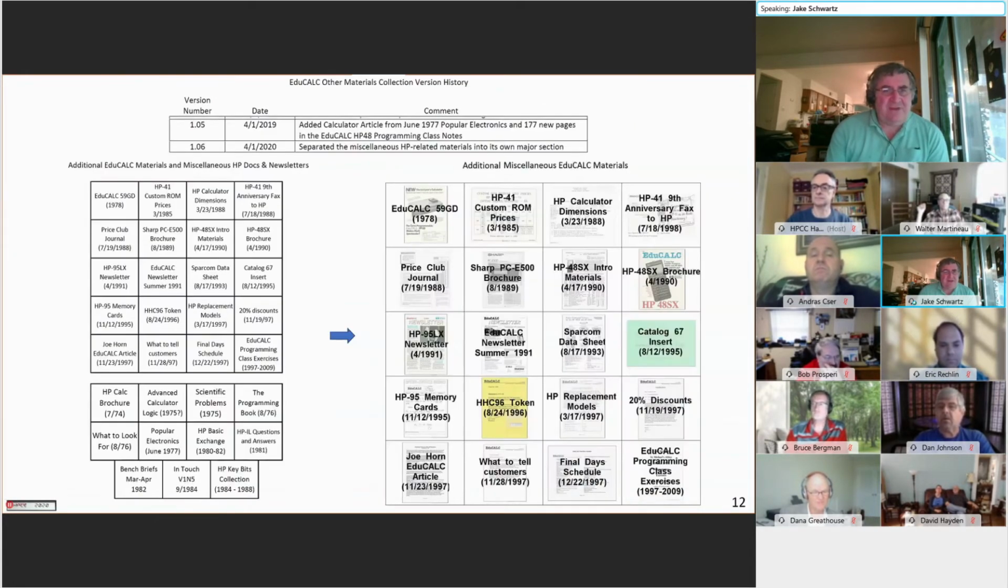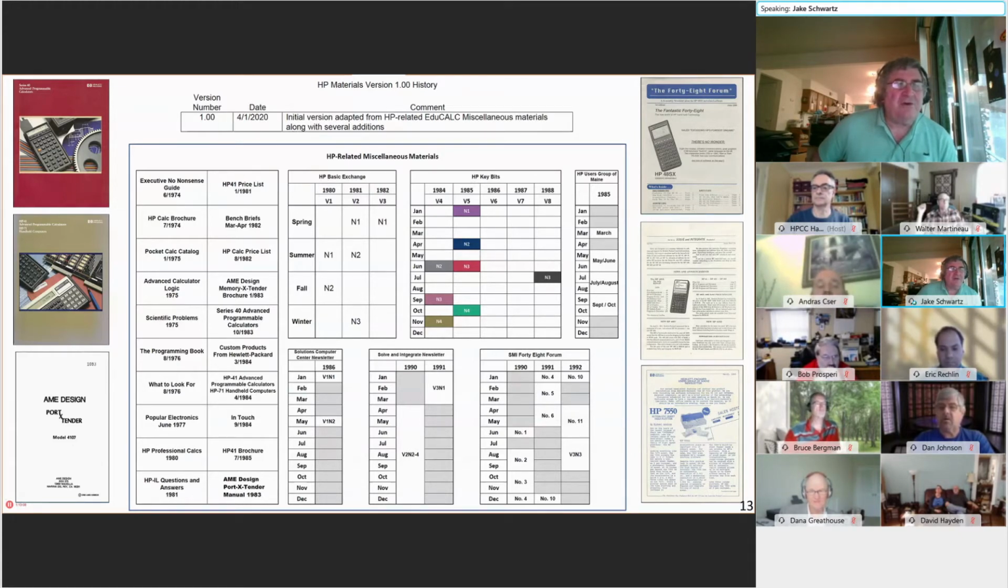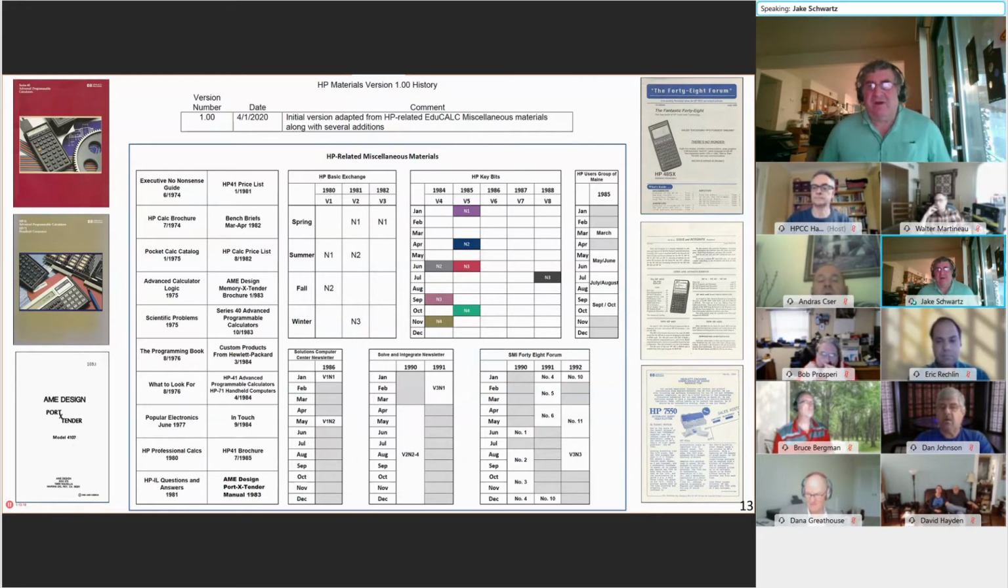Going back again, you'll see I had 11 items, and now it's greatly expanded. The left-hand 2 columns of that jump page show individual documents, mostly in chronological order. I did have to rearrange a few things, and you'll see some samples of those, like in the left-hand column, Series 40 Advanced Programmable Calculators brochure, and a 4171 brochure, the AME port extender manual, and then on the right-hand side were samples of